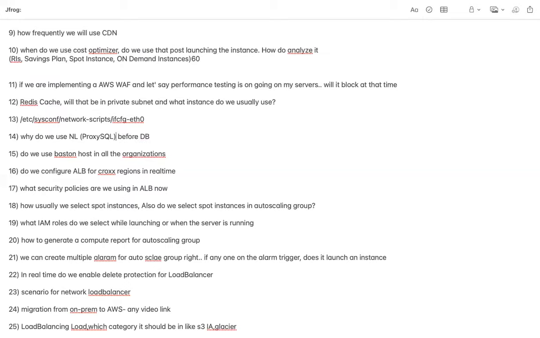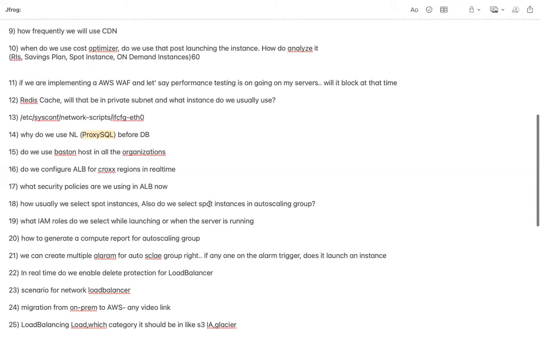So ProxySQL is a particular component which we need to place in front of the master. It works like how we have Nginx before our Tomcat or JBoss servers. It is just going to redirect the traffic. It is not going to hold any sort of data, but it is used to redirect the traffic. If it is a select query, it will go to the slave. If it is a write query, insert, alter, delete, update, and so on, it will go to your master.